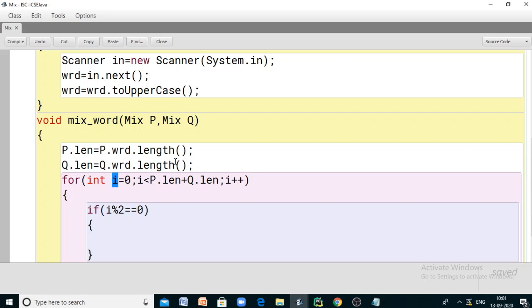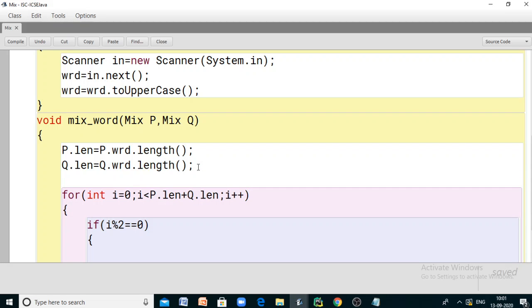So better we use another two variables, for example integer pi, that is initially 0, denoting the index of the characters from the first word of object p, and qi, denoting the index of the characters from the word of object q.